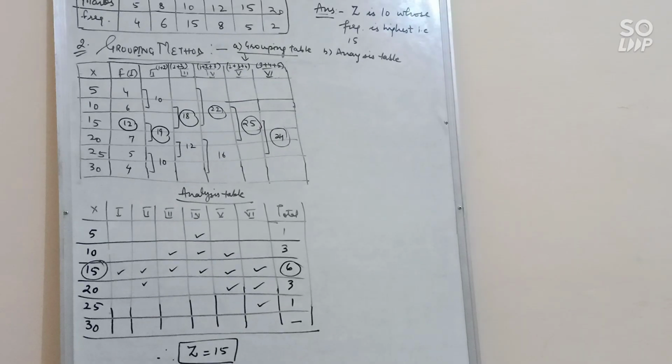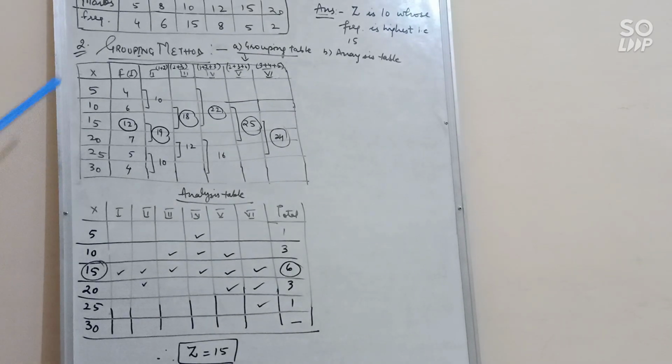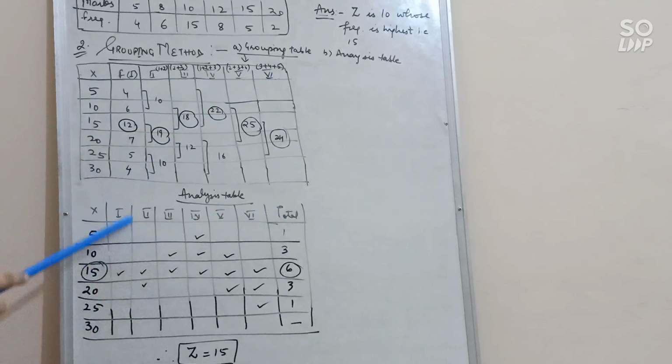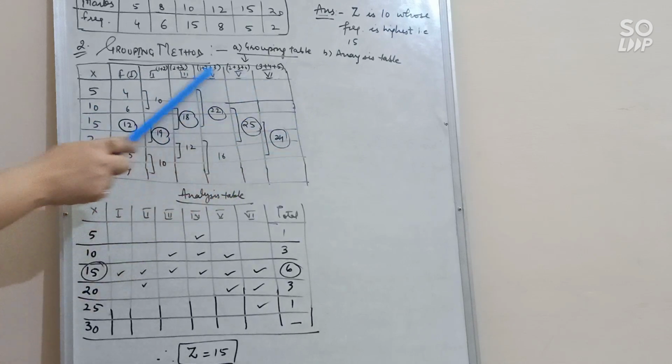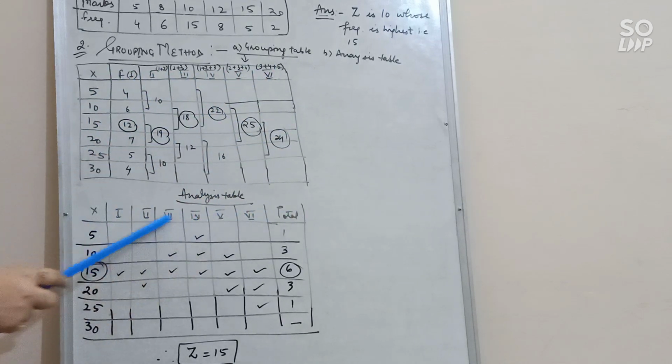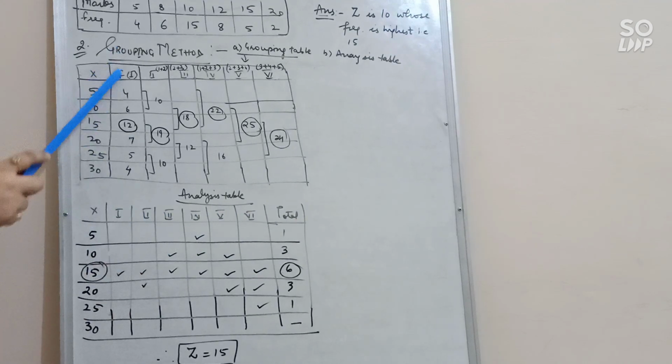Next is analysis table. Now let's see how you will make the analysis table. So x values you will write here. 6 columns you will make this side. Clear? We will not write the frequency values. We just write the names of the columns. Clear? So now highest value in first column is 12. 12 lies in which column? 15. So in front of that column you will mark a tick.